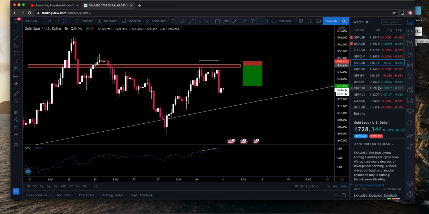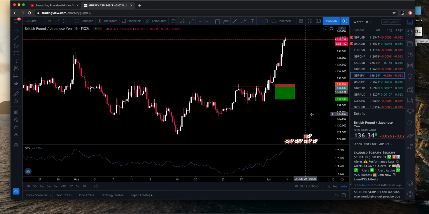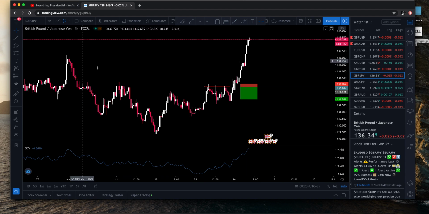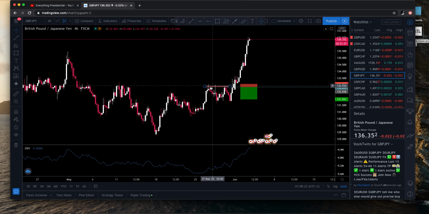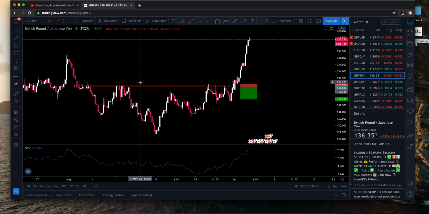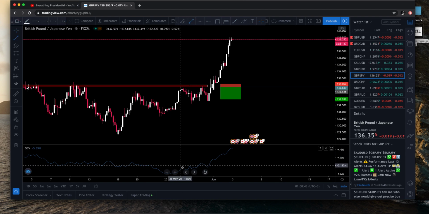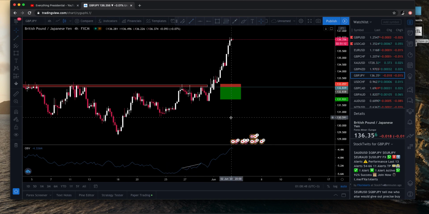So another trade that I want to show you guys, I took last week on GBP JPY. The market was in a downtrend and started making higher highs, but when it came back to this region right here, to this resistance, which was a very strong resistance even in the past, the market came back for the third touch on this resistance, and you can see the market is making relatively equal lows or lower lows, but on the indicator you can see that the market is clearly making higher lows, higher highs.